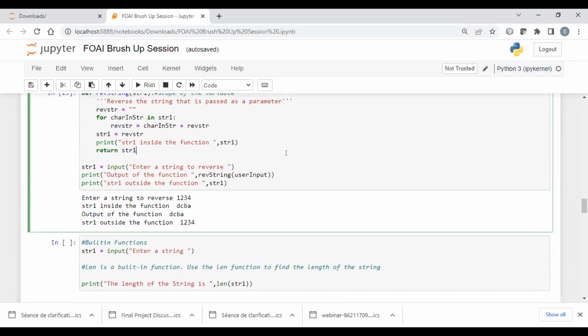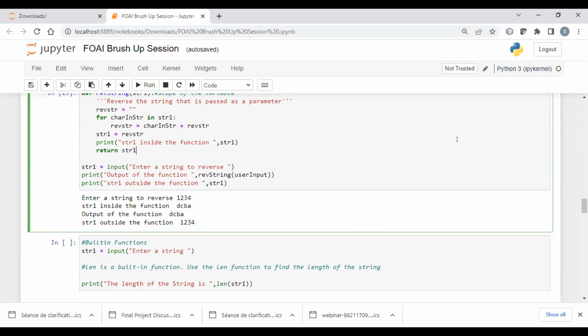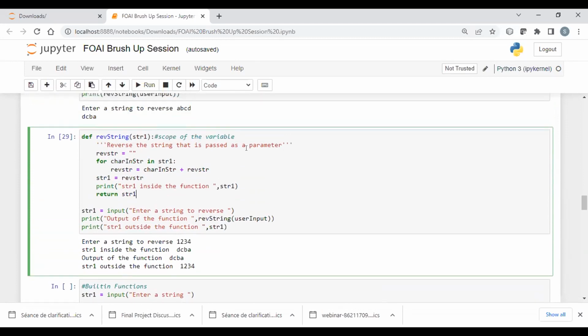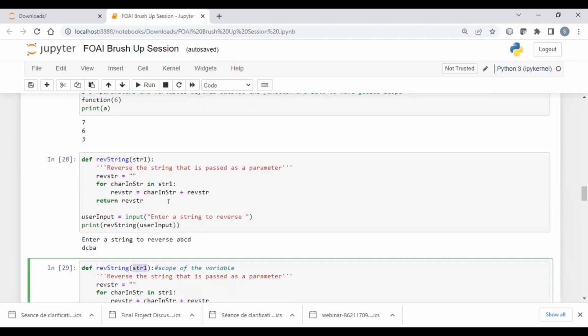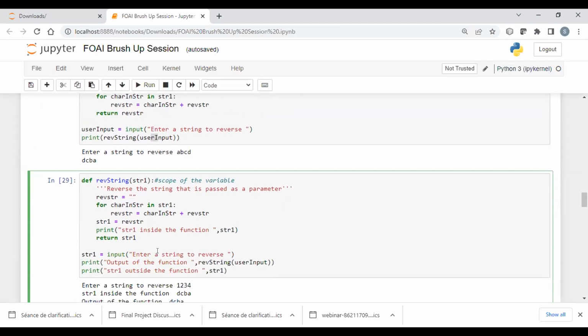Okay, there's a question: if we give reverse string input, there will be no effect. No, there will be effect. Whatever variable that you pass inside this, looking at this example, whenever we were giving this input into this, it was getting reversed. So a similar thing is happening here. The function is the same, the only effect we are showing is how the value goes inside and how the value remains when it is outside the function. So there will be effect.